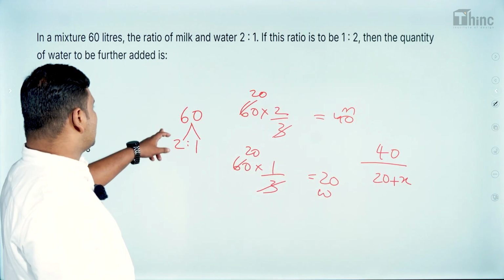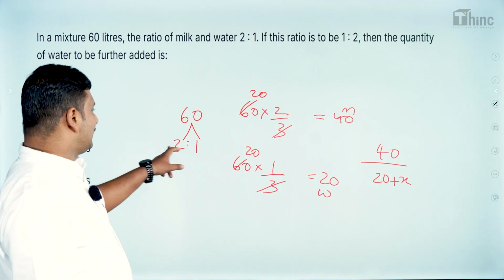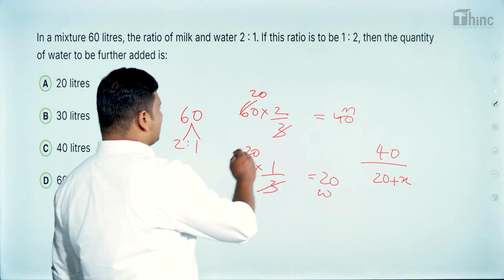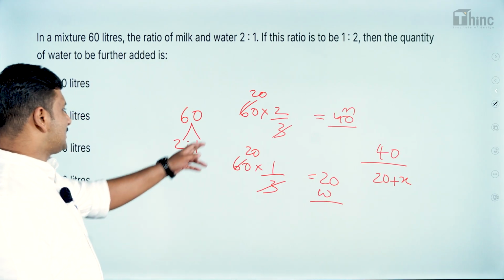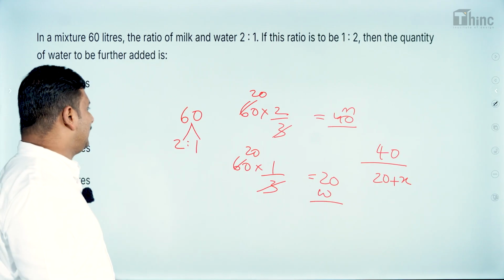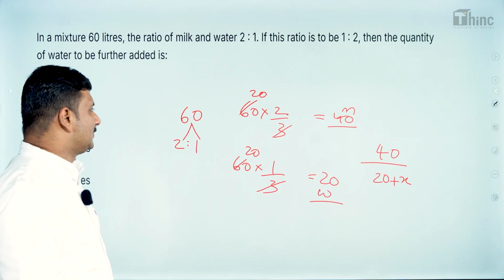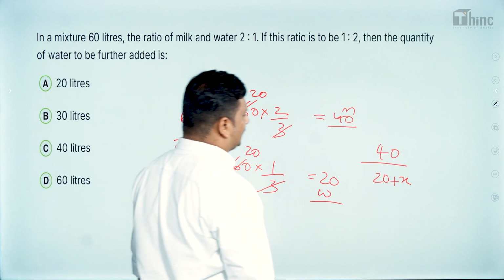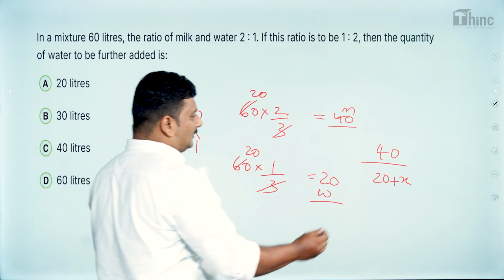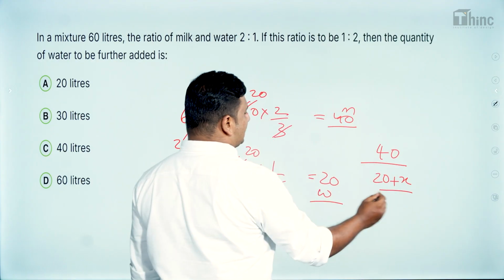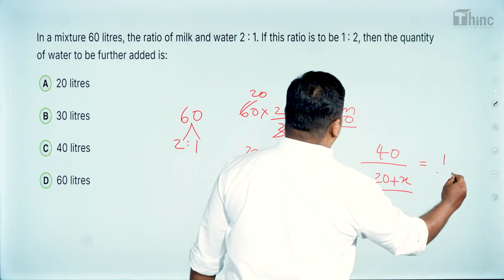So initially 60 liters of mixture was there and milk and water is in the ratio of 2:1. So milk in 60 will be 40 and water in 60 will be 20, because 60 into 2 by 3 and 60 into 1 by 3 is how we divide 60 in the ratio of 2:1. So we got 40 milk and 20 water. Now some more water is added. So now the water is 20 plus x, milk is 40 itself, and now the ratio becomes 1